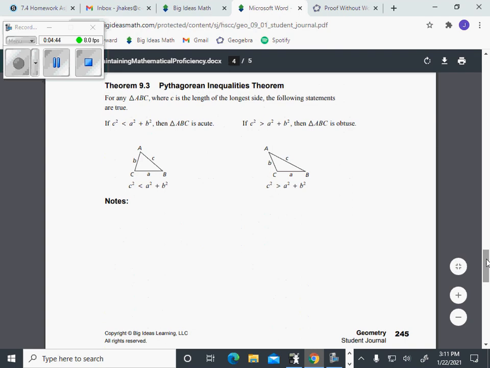Pythagorean inequalities theorem. We can tell a triangle is either acute, right, or obtuse by using the Pythagorean theorem. If c squared is less than a squared plus b squared, it's going to be acute. If c squared is greater than a squared plus b squared, it's going to be obtuse. One thing we have to check before this, however, is that a plus b has to